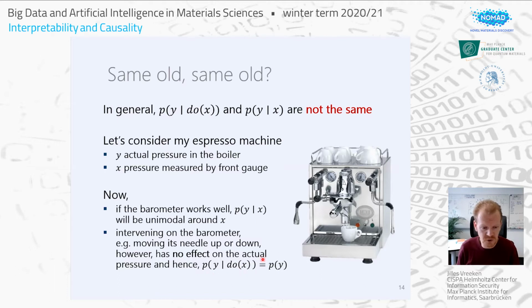So this interventional distribution will be the same thing as the marginal distribution of Y. This is interesting because if the marginal distribution is the same as the interventional distribution, the intervention didn't have any effect. So that means that we have another tool to determine cause and effect. That is nice. Also the other way around, suppose that I had a hand pump and I connected it to the boiler, and I now look at the interventional distribution of X,